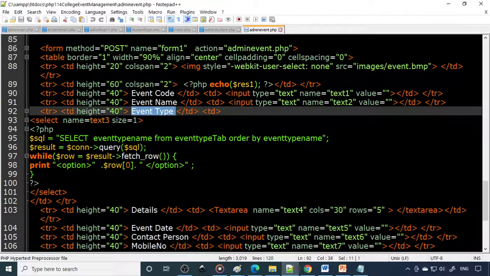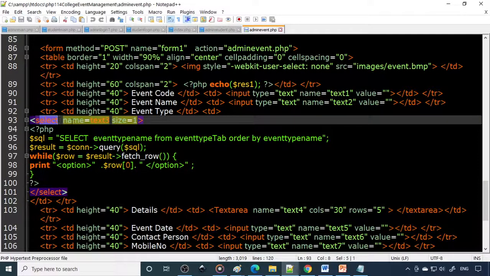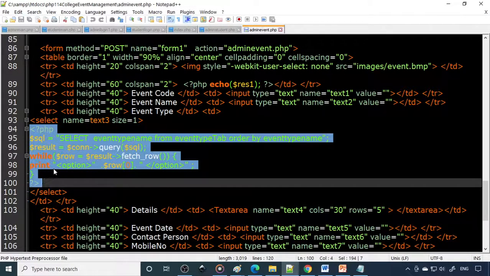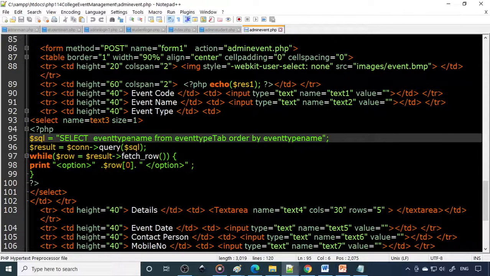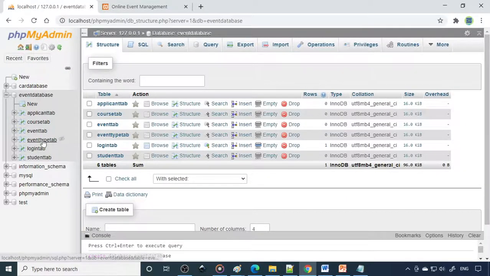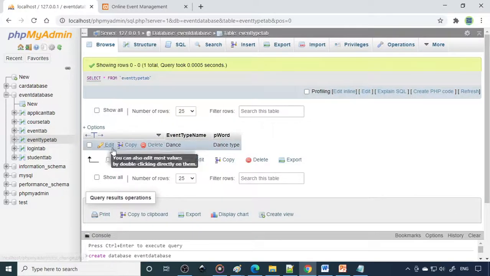After that we have a select statement, which is actually a drop down list box, and the select is closed here. Within that you need to use the PHP tag. With PHP you write select event type name from the event type table, because we already have a table here, event type. Okay, so this is the event type, and here is the data.